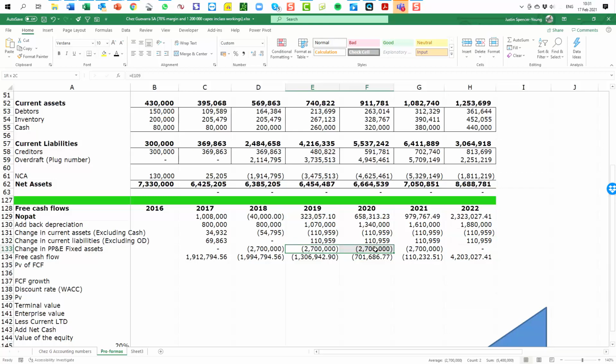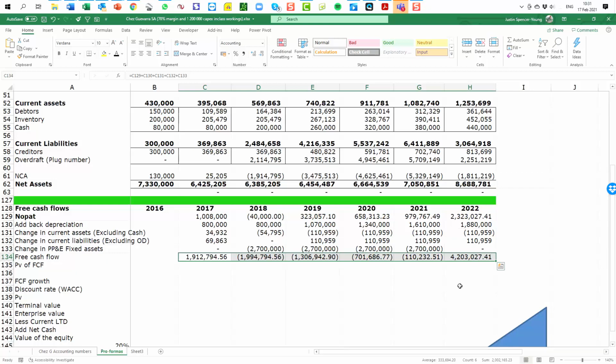And then here's the ongoing capex. In 2022 there's no capex, and notice how all of a sudden the free cash flow turns very positive in 2022, whereas here it's negative because we are spending all this money investing in the project. So now we have a future of free cash flows that has been determined up until 2022. Our forecasting at this stage is mostly complete.